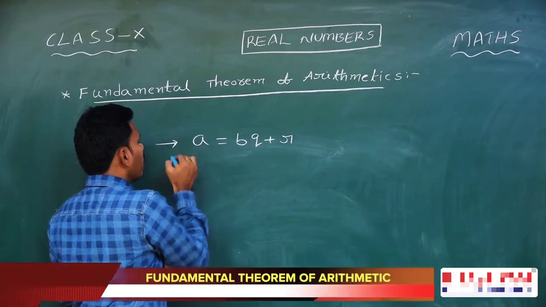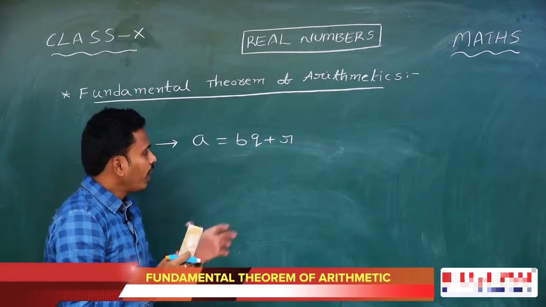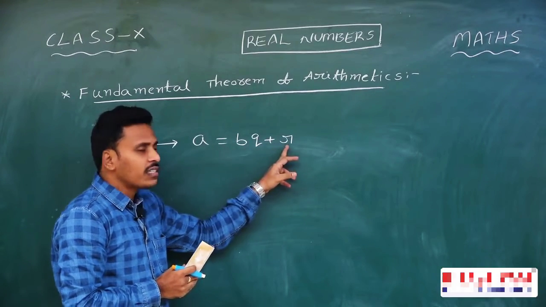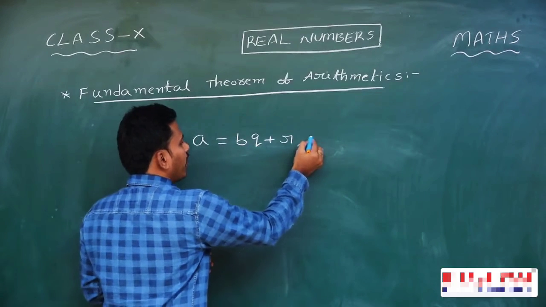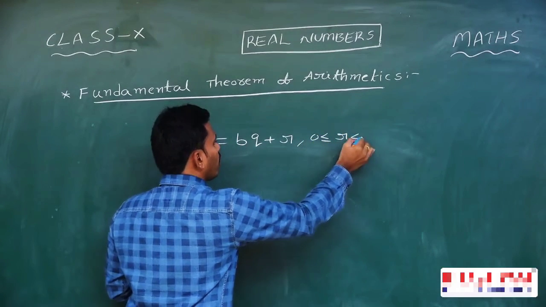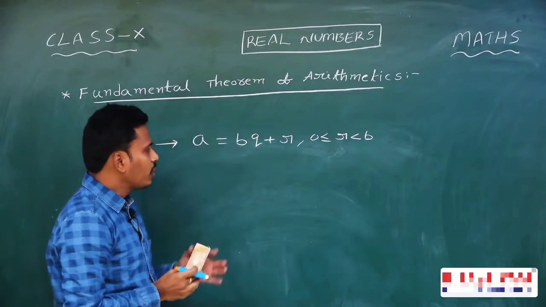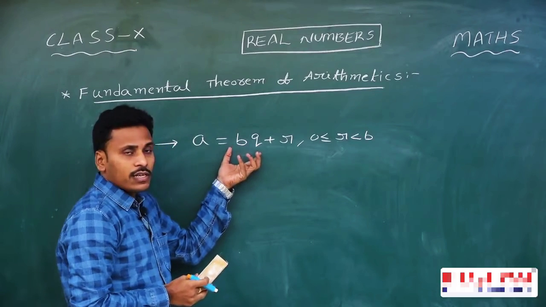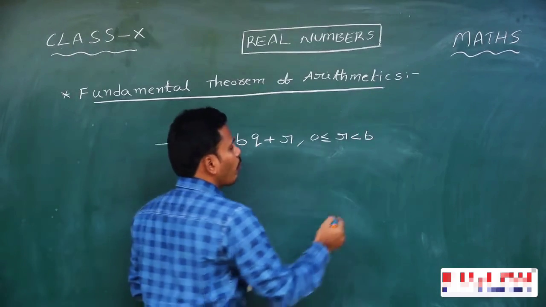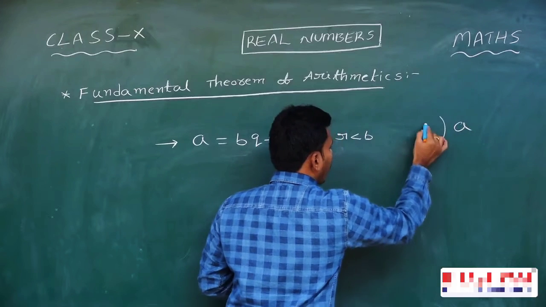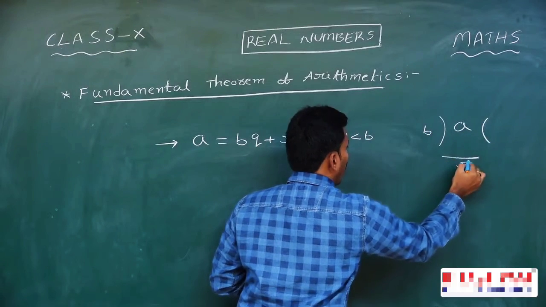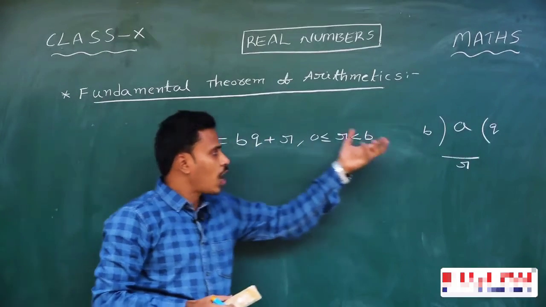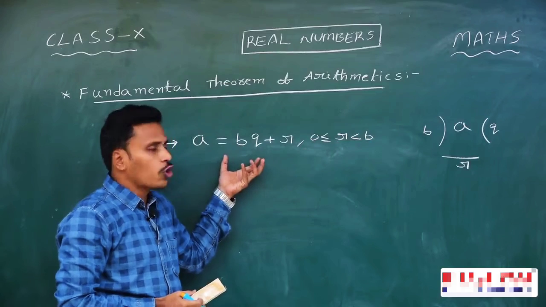Have a look at this. For any positive integers a and b, there exist q and r such that a is equal to bq plus r. And there are certain restrictions on this r, such that the value of r for sure is between 0 and b. This is the representation from Euclid's division lemma, and we will express it in the long division process as this. When a is divided by b, it leaves a remainder r with a quotient q. This is the long division representation similar to this statement.